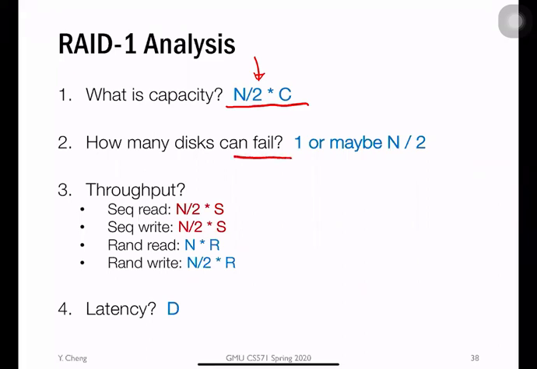And the reliability is, maybe, we have a maybe over here, N divided by 2. Assume N is 4, 4 divided by 2 gives 2. But this is only the best case, right? So most of the time, we're not talking about best case. Best case is if we have luck. But unfortunately, under two failures, the chances are it could lose half of the data. So, to be on the safe side,